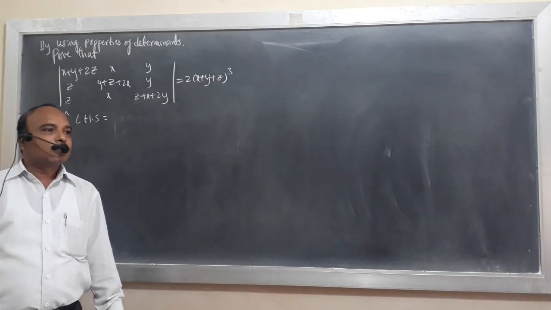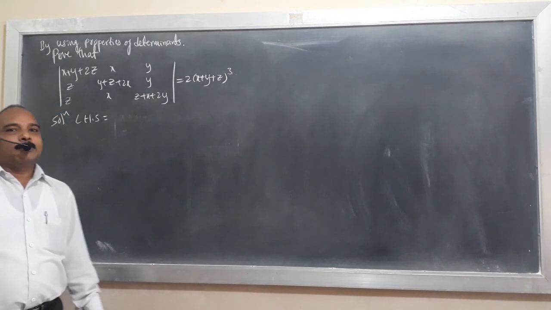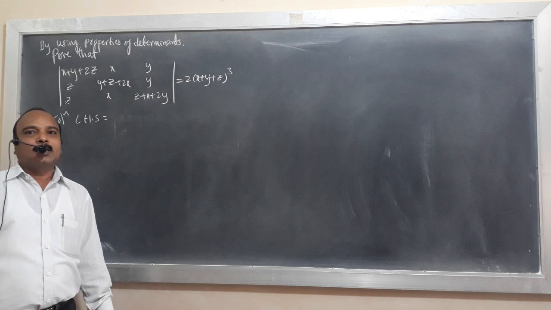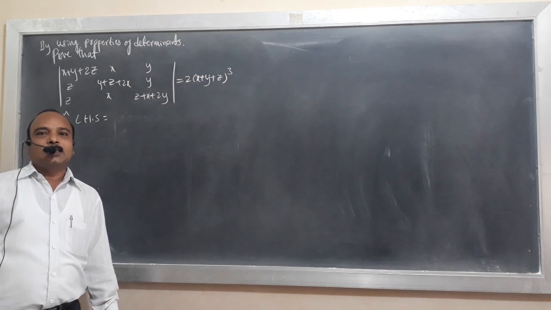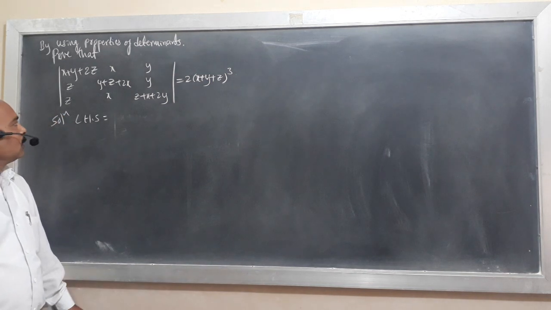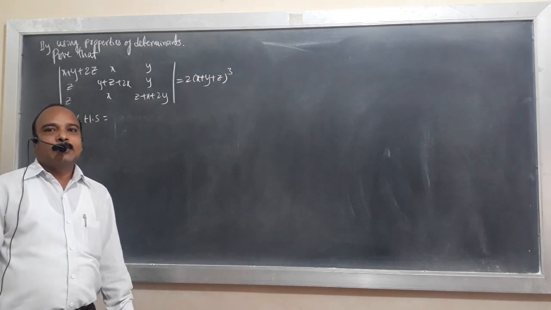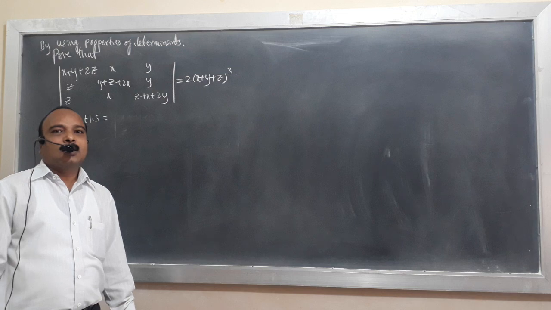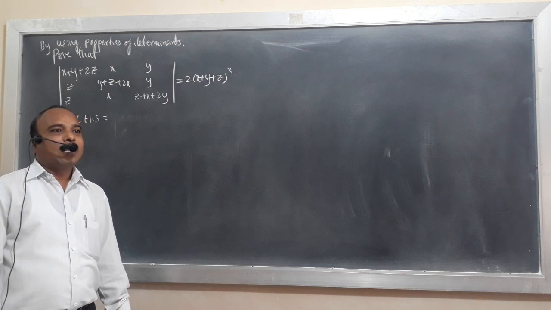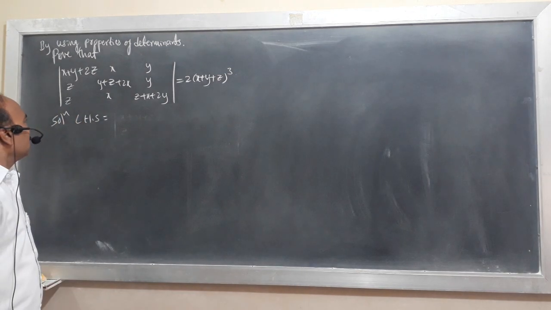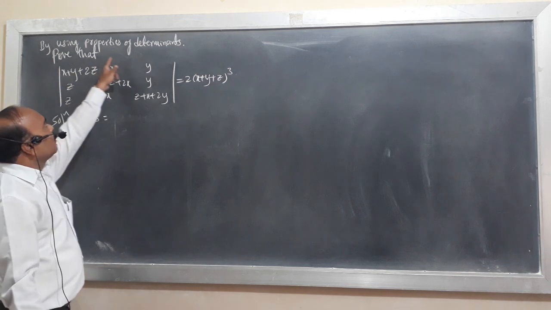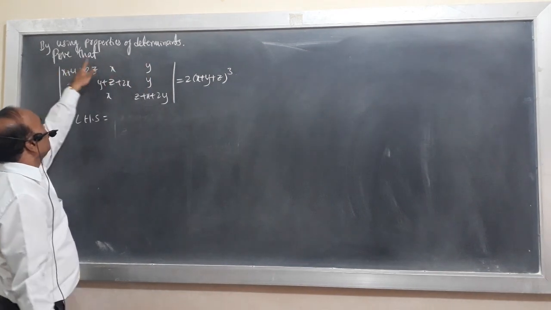Hello students, yesterday we completed some of the examples on determinants by using the properties. Now we are discussing the second type of examples. In this type of example, we try the proof of the result by adding all the rows or all the columns. Another example we consider here is: by using properties of determinants, prove that